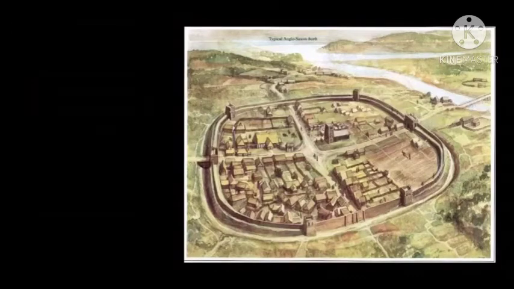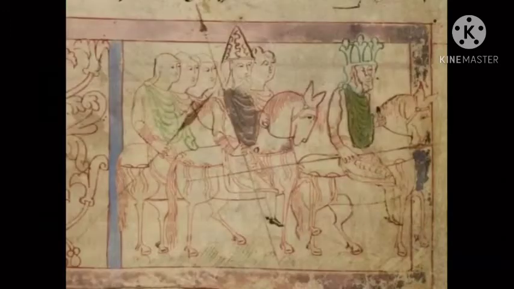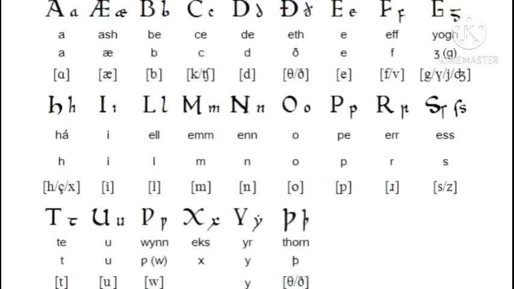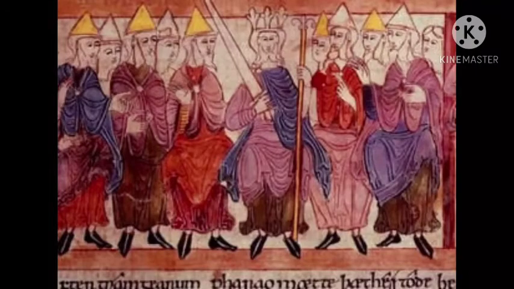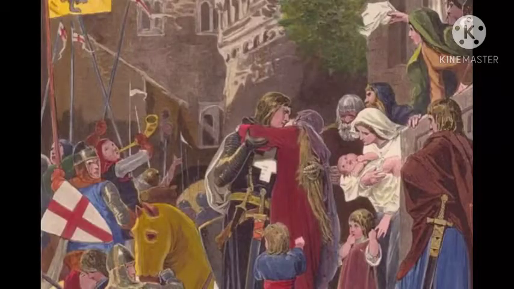Now I'm going to tell you about the history of Old English and Middle English. Old English was used from 450 until 1066. Old English is the earliest historical form of the English language. Old English is a Germanic language, the first language recognized as English. The Old English language, also called Anglo-Saxon, was spoken and written in England before